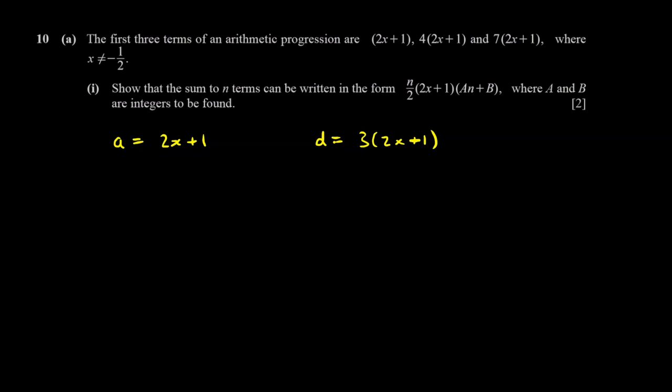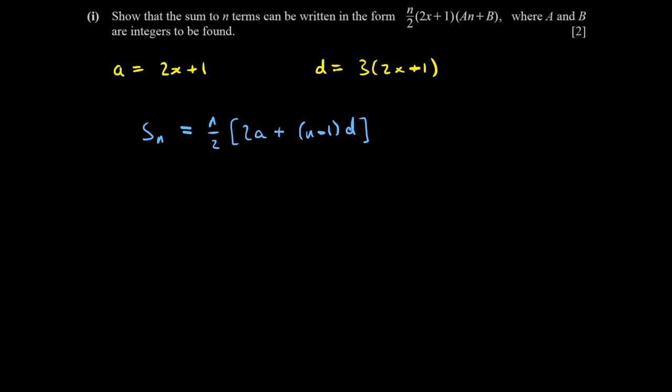Okay? All right, then, if we want to find the sum of the first n terms, then at this point we just need to use the formula for the sum of the first n terms, which is Sn is equal to n upon 2, 2a plus n minus 1 d. And so what we're going to do here is just substitute in our values of a and d into this expression. So let's do that. What we've got here is n upon 2 bracket 2x plus 1 plus n minus 1 times 3 lots